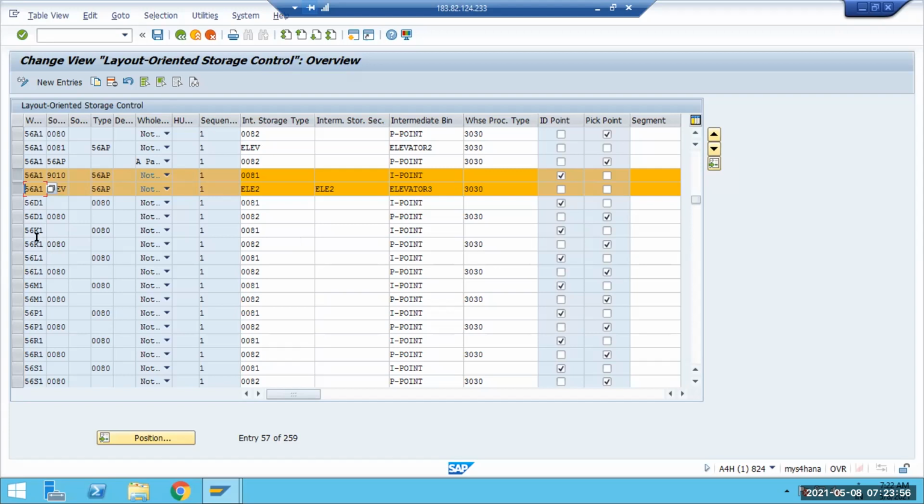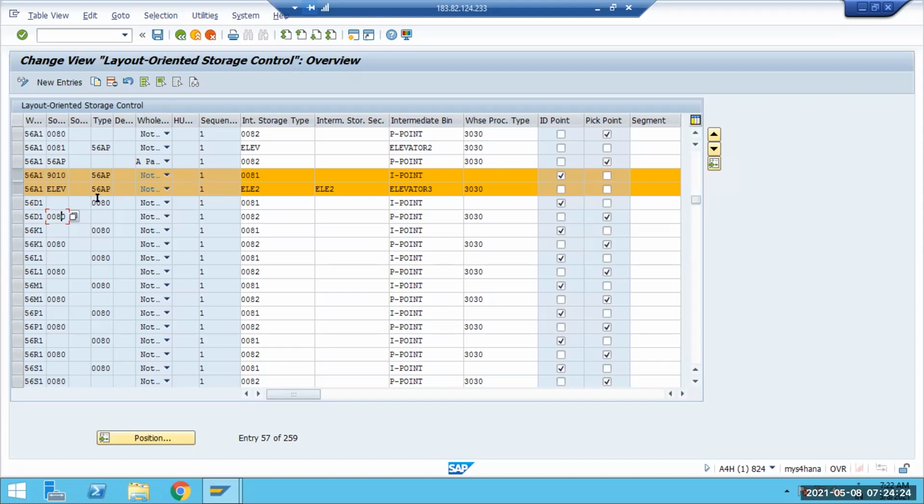Yeah, if possible. Okay, see, anyhow you all know this, but the key point I have understood with my experience is, first we are talking about the put away. See how this entire configuration works, and the key point which I have identified is, for example, in this case which we have just now explained, this is the first entry: 56A1 is my warehouse number, and the starting point is 9010, which is the GR zone.